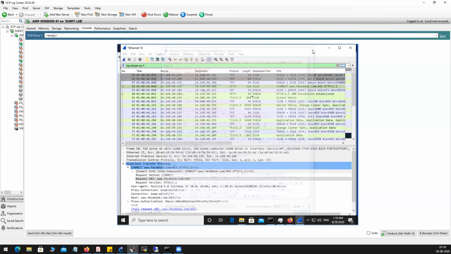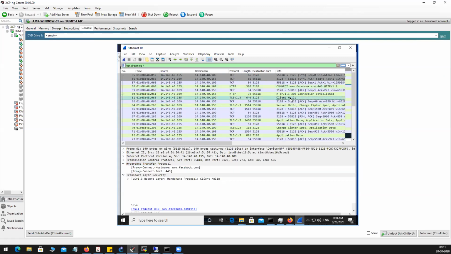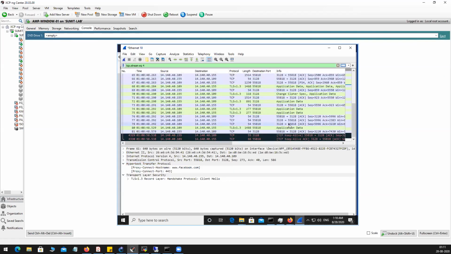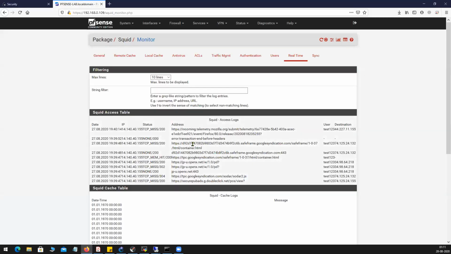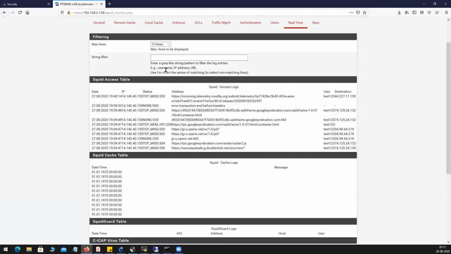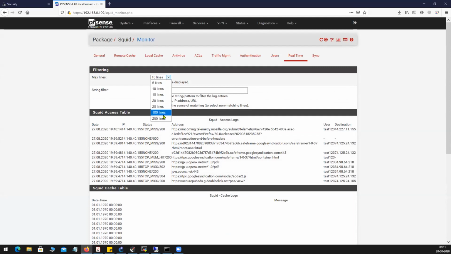So this was the traffic that was initiated by the client, facebook.com. You can see here 3128, it is taking the port. And then there is an SSL connection. And the same thing can be seen here. If you expand the line,